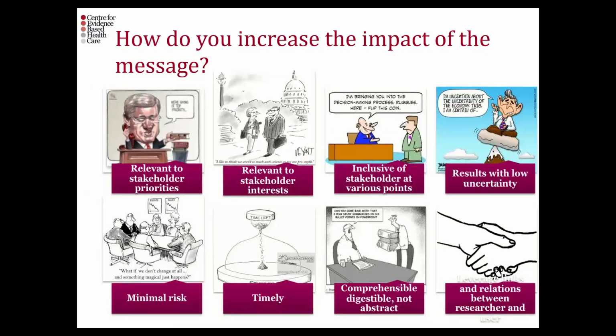So then how do you increase the impact once you've determined what the message is? And I think this comes back to the context complexity that we all work in when it comes to trying to influence decision makers, is one, to recognize that they have many other issues that they're grappling with, and that there are many other influences in the decision-making arena that determines whether your particular intervention or evidence is important, because we have to remember there are other researchers out there. There's lots of evidence that's coming to the fore.